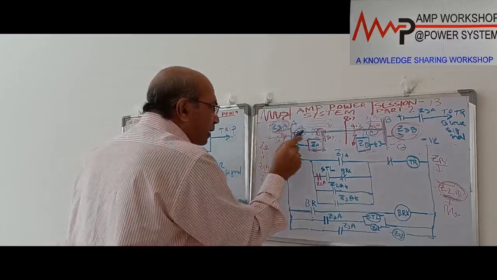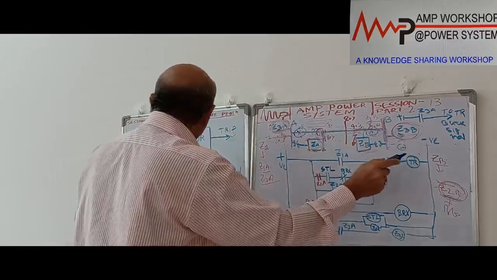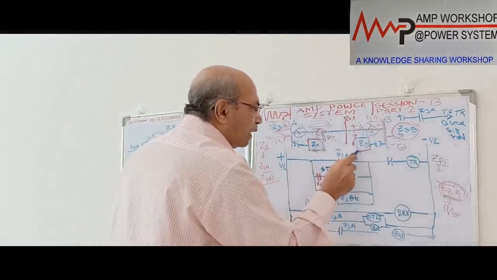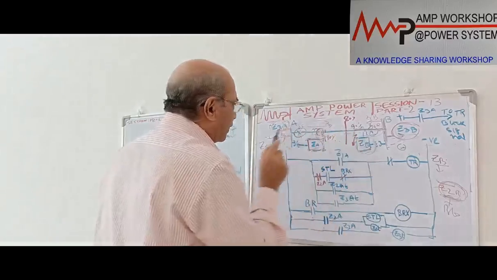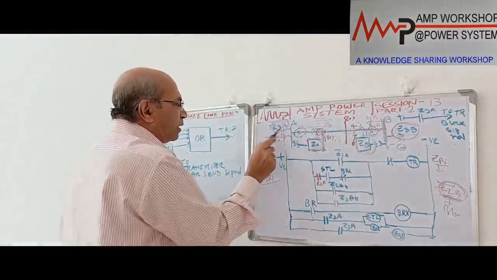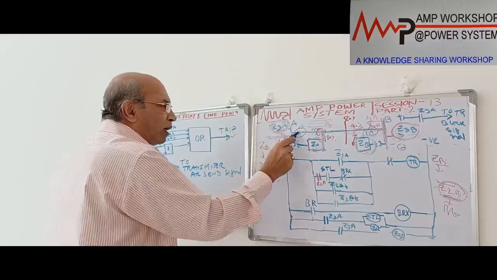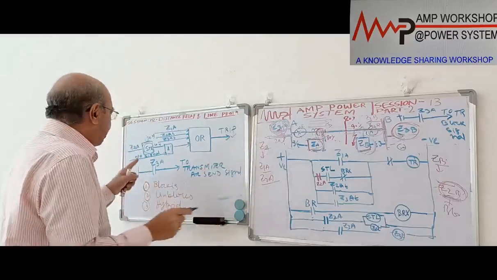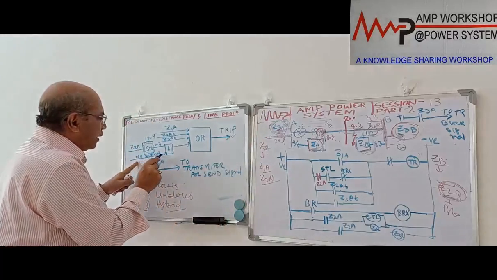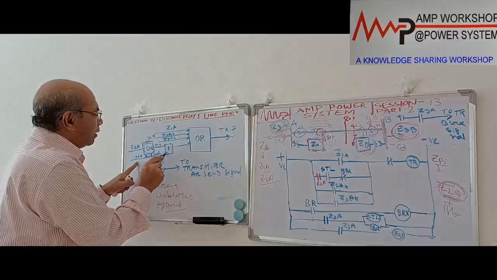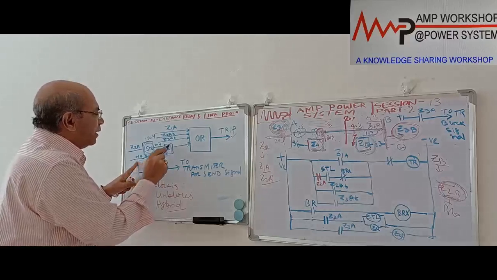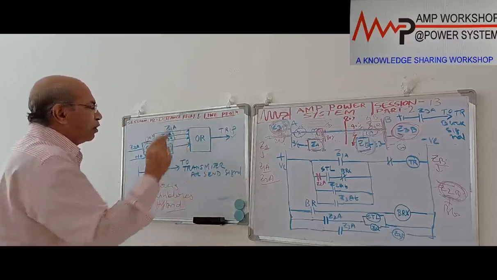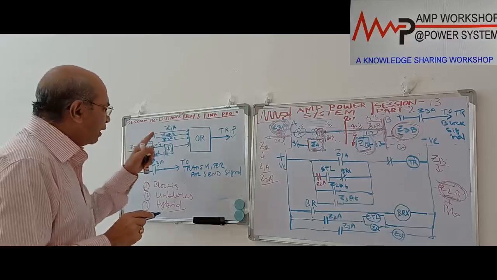But if this end relay, when Z2 has operated and 20 milliseconds has gone, at that time, if this relay gets a signal from the other end, that means Z3 has operated. Z3 is looking this side, that means this fault is not on the line, the fault is outside. If Z3 is operated, then it should not trip. If the signal is present, then this is a NOR gate. So if the signal is present, then this condition is not met. Here there is no signal, so it will not trip. Clear? So this is the blocking scheme.